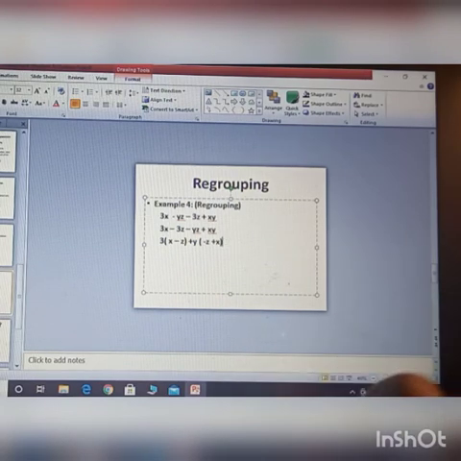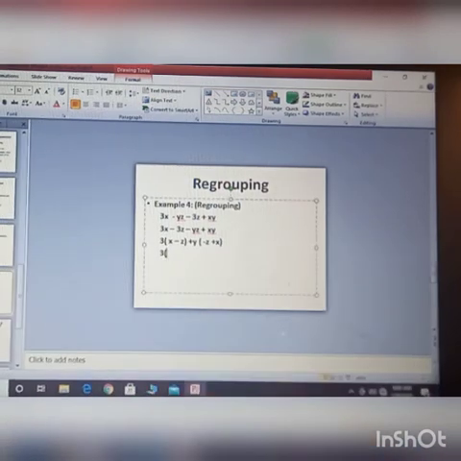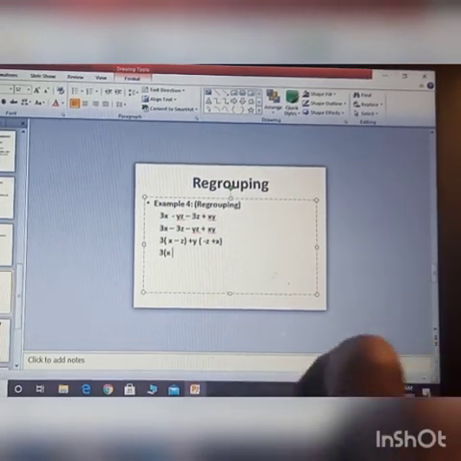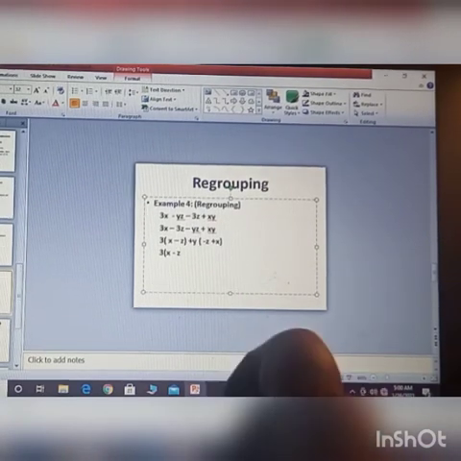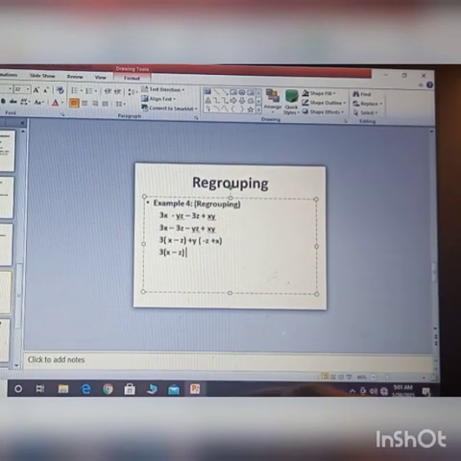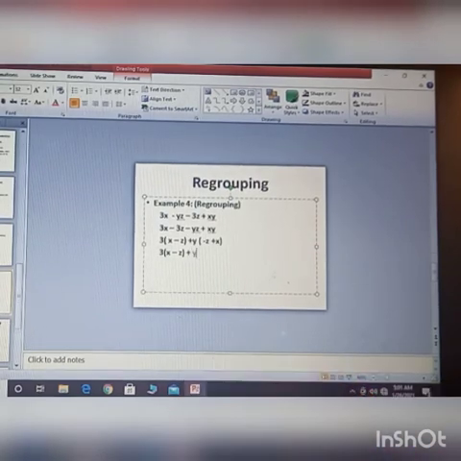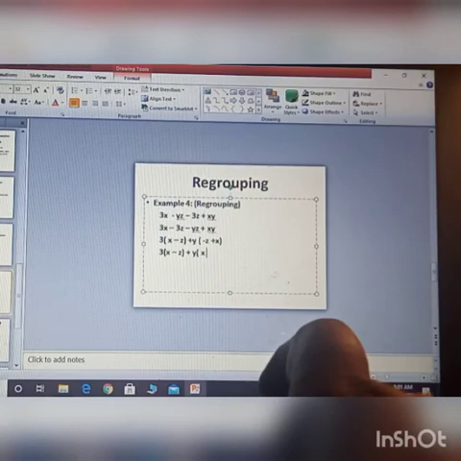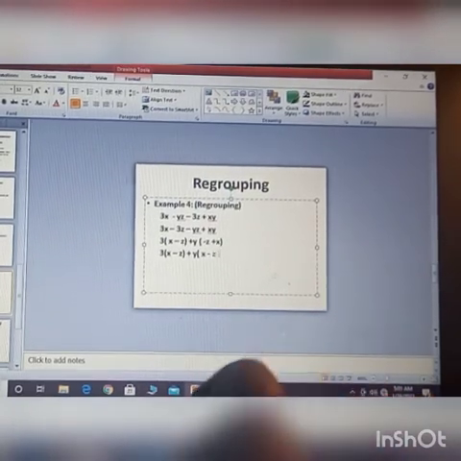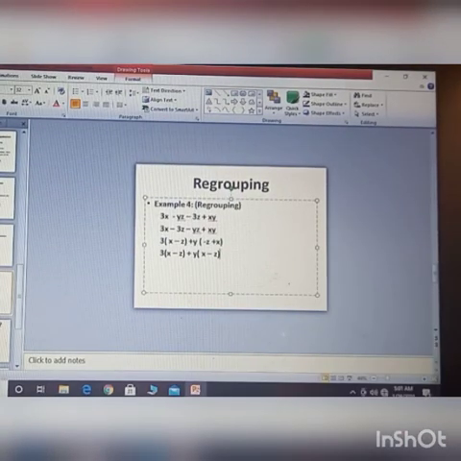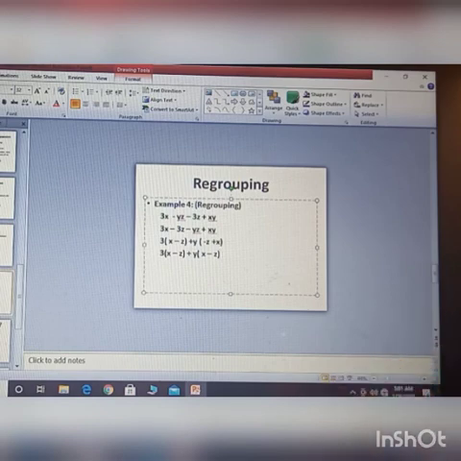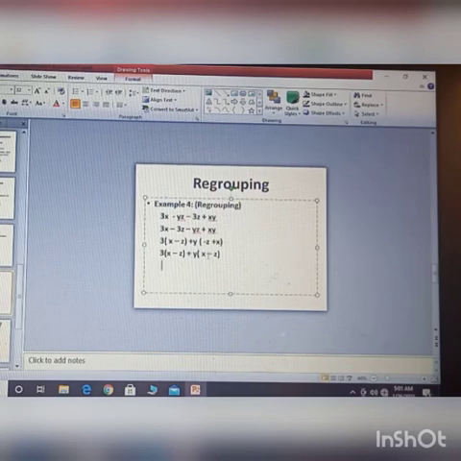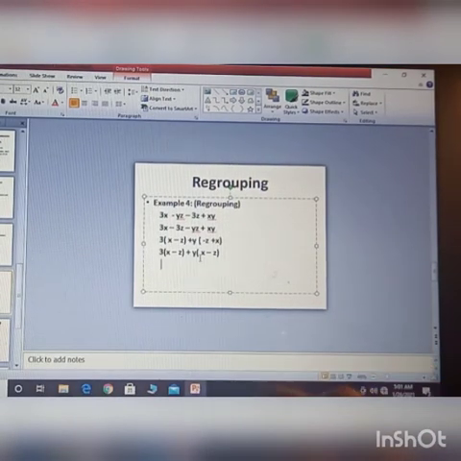So if you write it this way, it will not affect the working. So here you can see x minus z is the same in both of them. Take the common out,